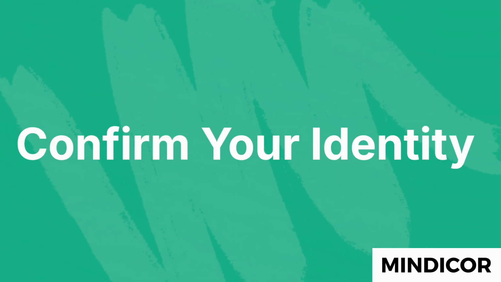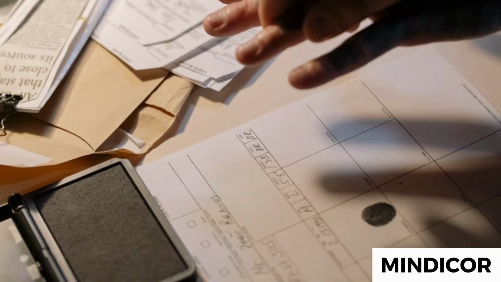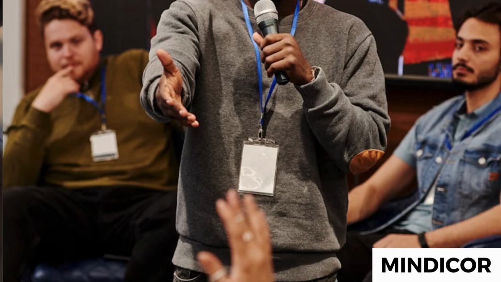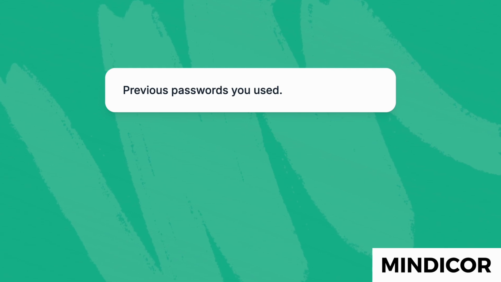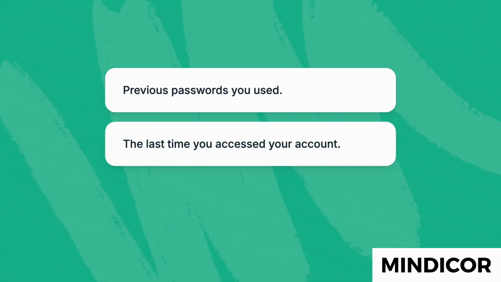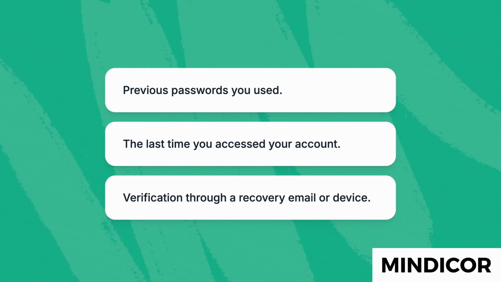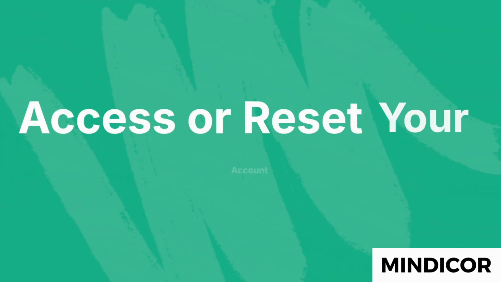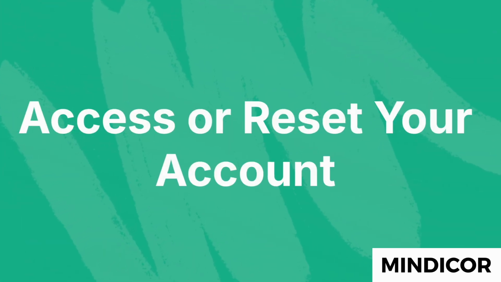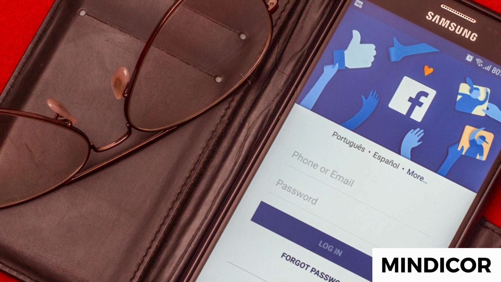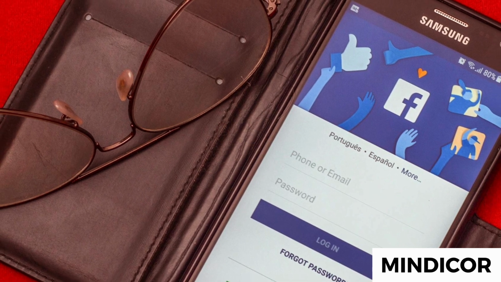Confirm your identity. Next, you'll need to confirm your identity. This may involve answering some questions, including previous passwords you used, the last time you accessed your account, verification through a recovery email or device, access or reset your account. Once verified, you'll see your Google account or be given an option to reset your password if